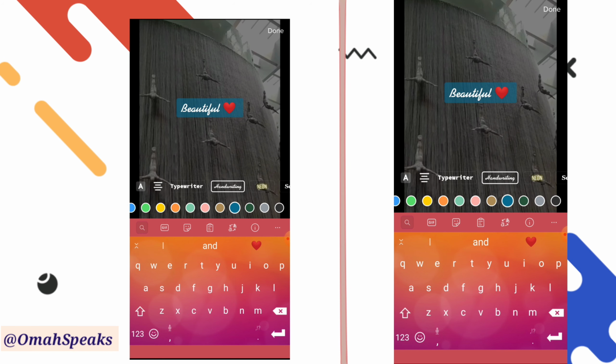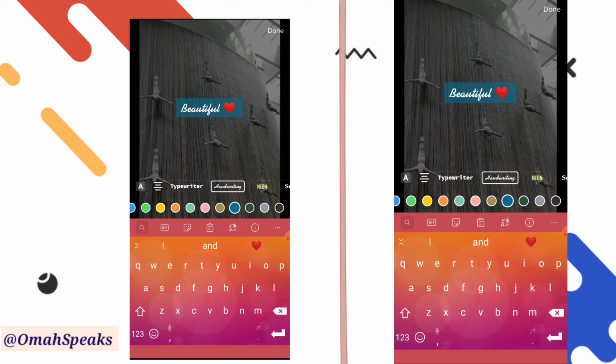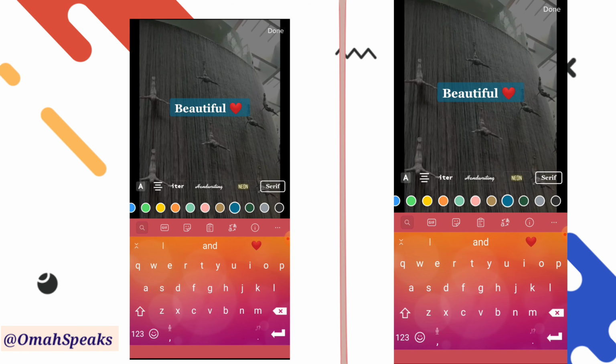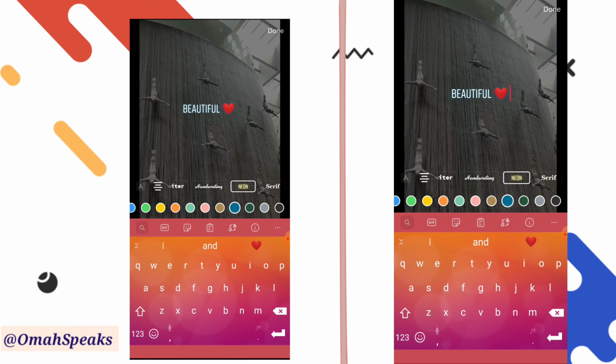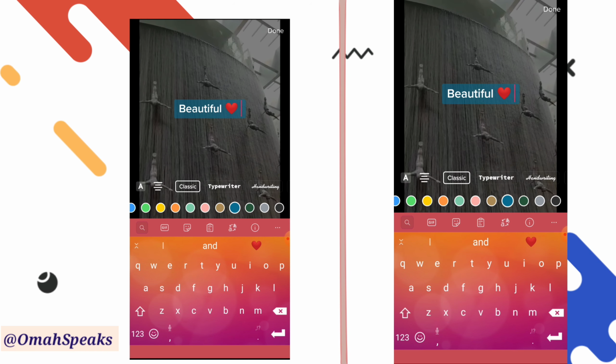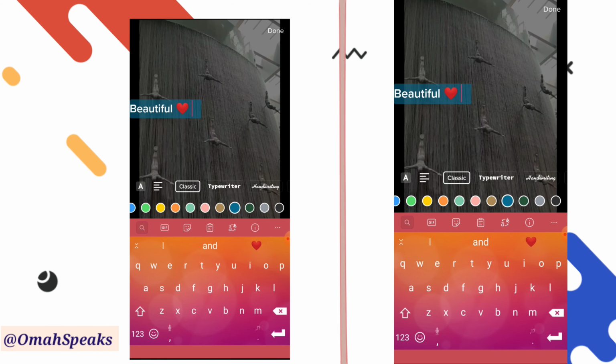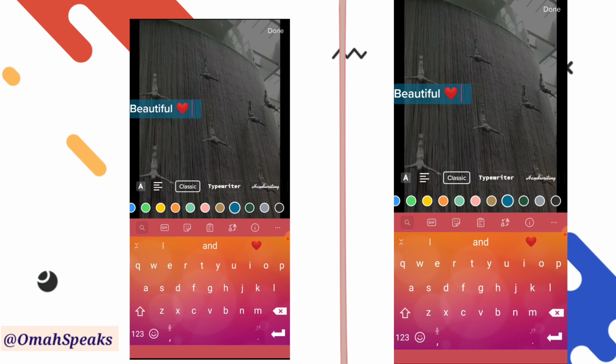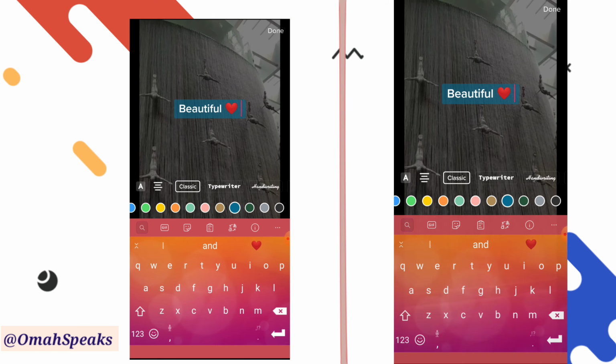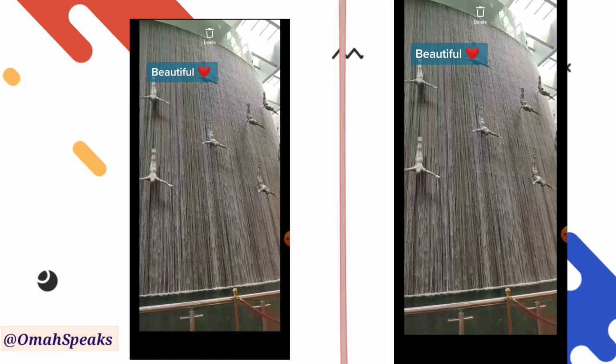For this particular content, I'm going to be using classic. That is literally my default font for TikTok. So if you want to also use TikTok, I advise that you just go to classic and use it for all your videos. It helps for a more readable, more smooth, very calming content